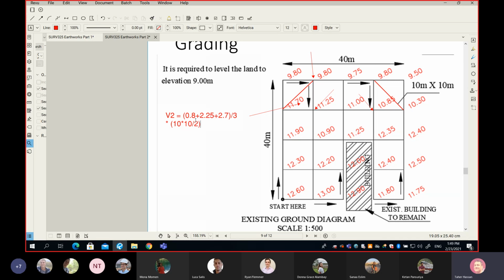You repeat the same thing on the other corner, which is V3. So you come here and do the same thing on this corner. Now you have V2 and V3, the volumes of the triangles, plus V1, which comes from the method. You add them together and you get your total volume. I know that you learned a very similar problem in estimating, probably with Wendy or some other instructor,